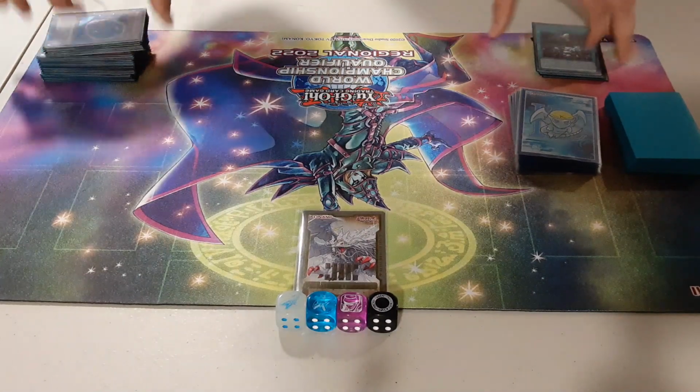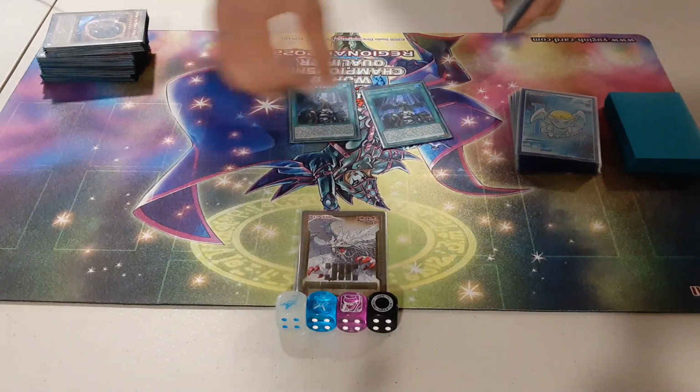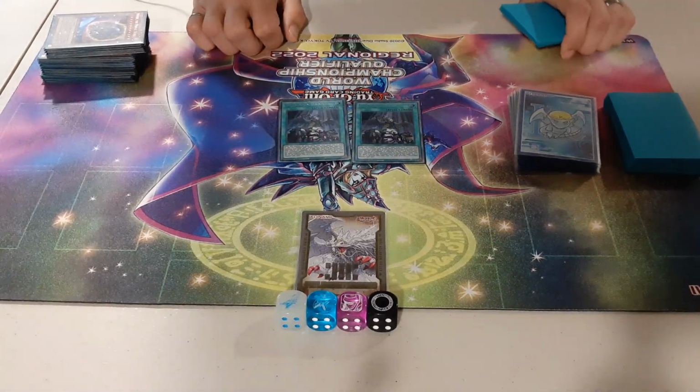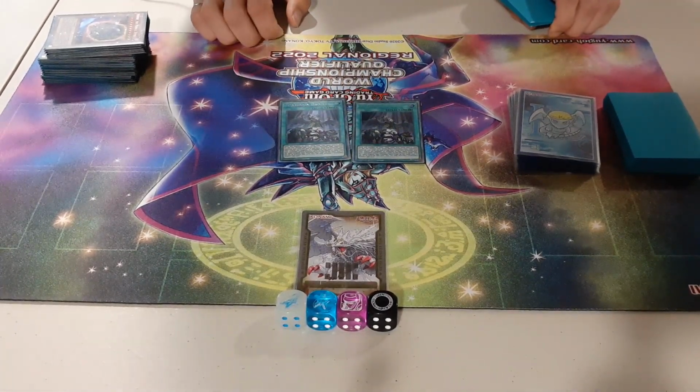Then for going second cards, forgot to mention, we got the 2 Forbidden Droplet. It's really the only thing I modified in this list. I'm so iffy on it. There's times that I really liked having Droplet. There's times that it was an easy side out for Dark Ruler No More. But yeah, in the future, I think I would replace these with a copy of Magician's Souls and Illusion of